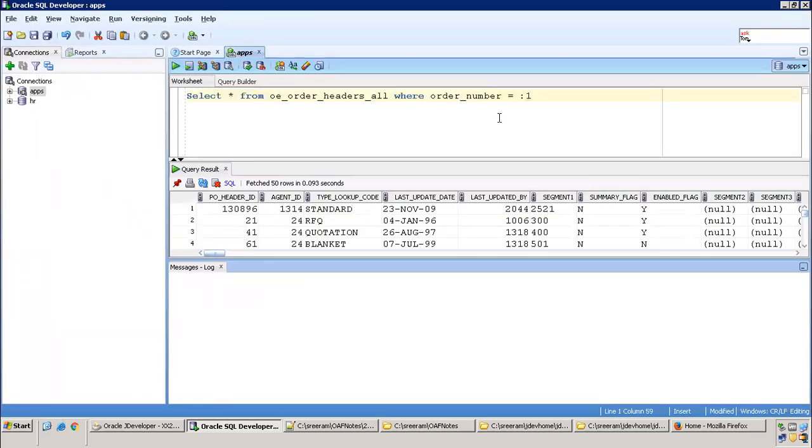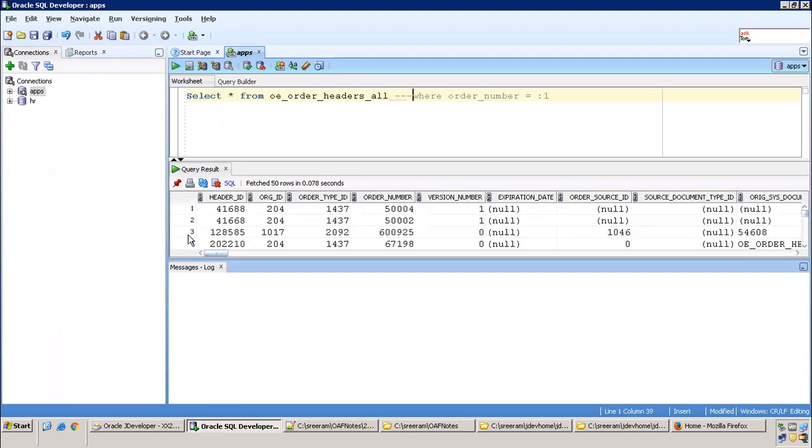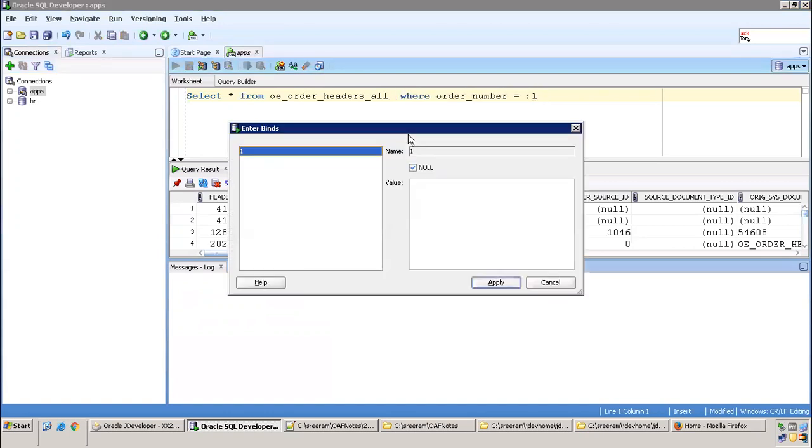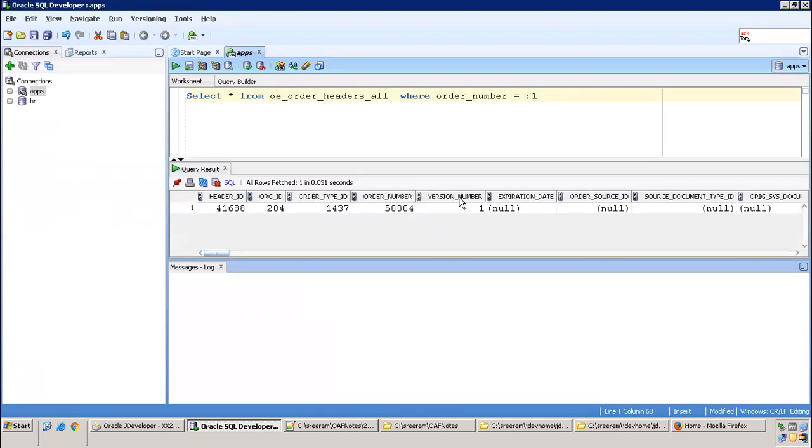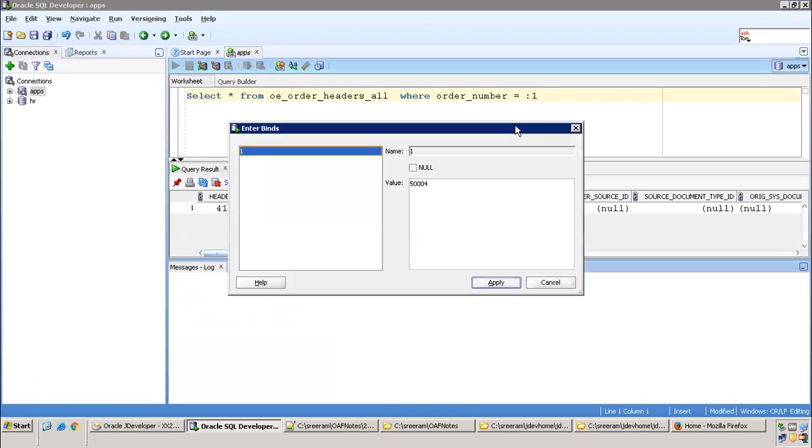So now this is my order number. As of now, I'll comment this one. Now, if I just pass the order number, I should get a set of records.